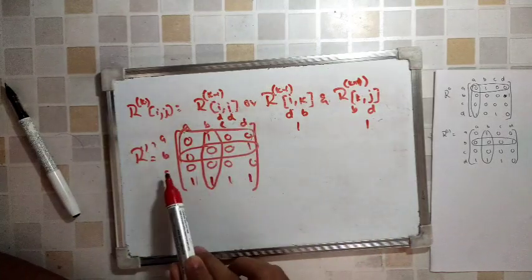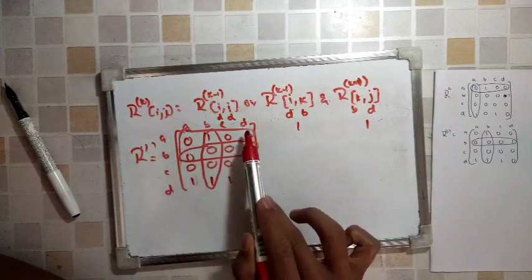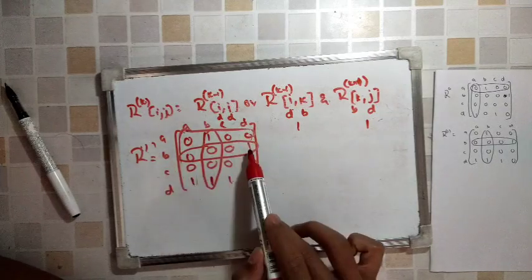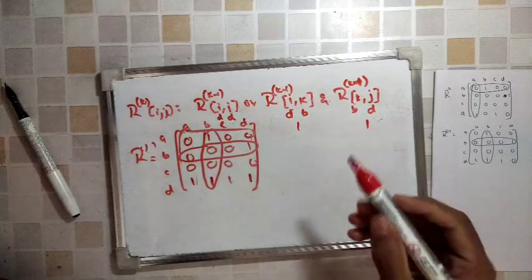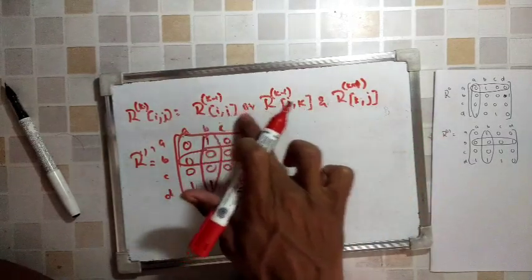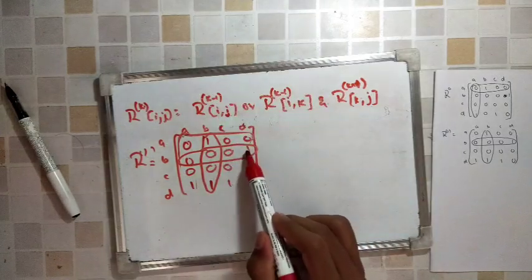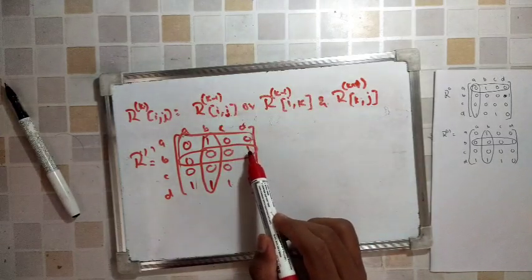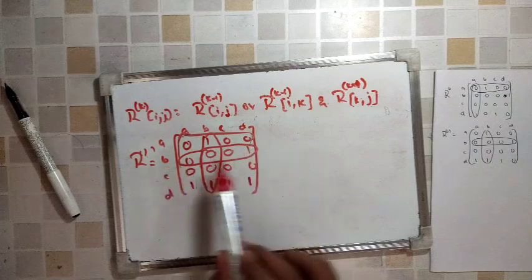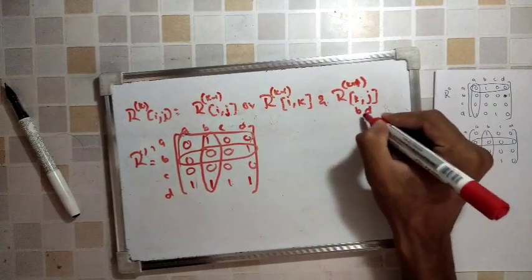So let me try from c to d and a to d. Why? Because if I take c to d, then I will be having b to d, which will give me 1. I hope you are understanding. I am just trying to talk at a much higher level. What I mean is, since b to d is having 1,